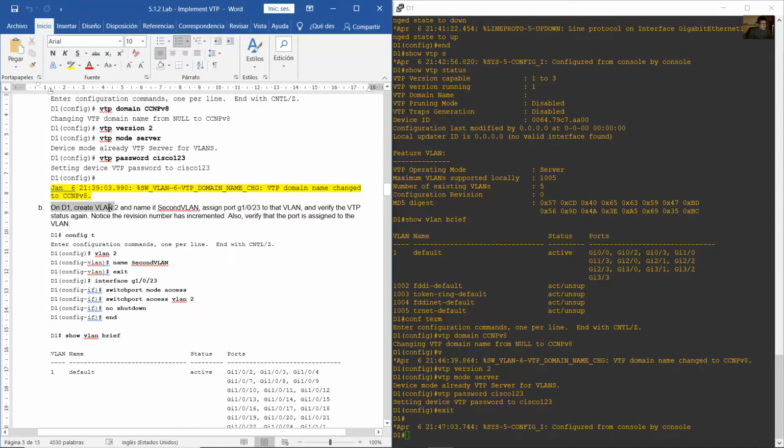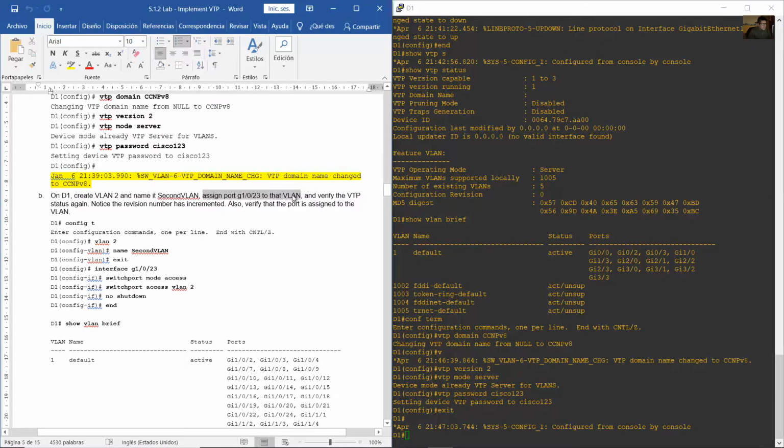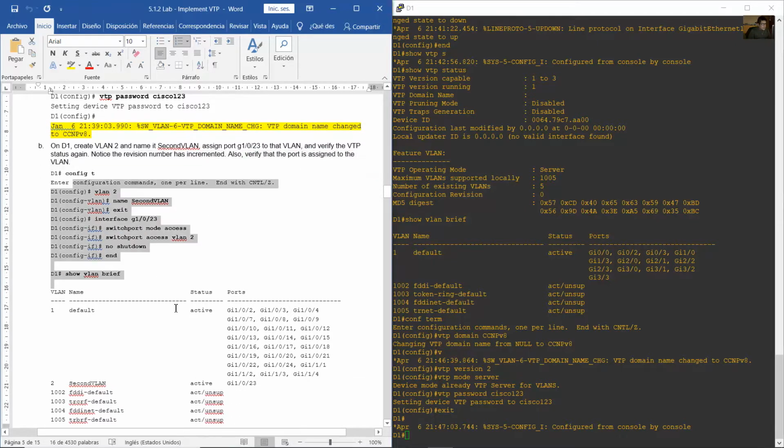On D1, create VLAN 2 and name it second VLAN. Assign port 23 to that VLAN and verify the BTP status again. Notice the revision number has incremented. Also verify the port assigned to the VLAN. Okay, these configurations